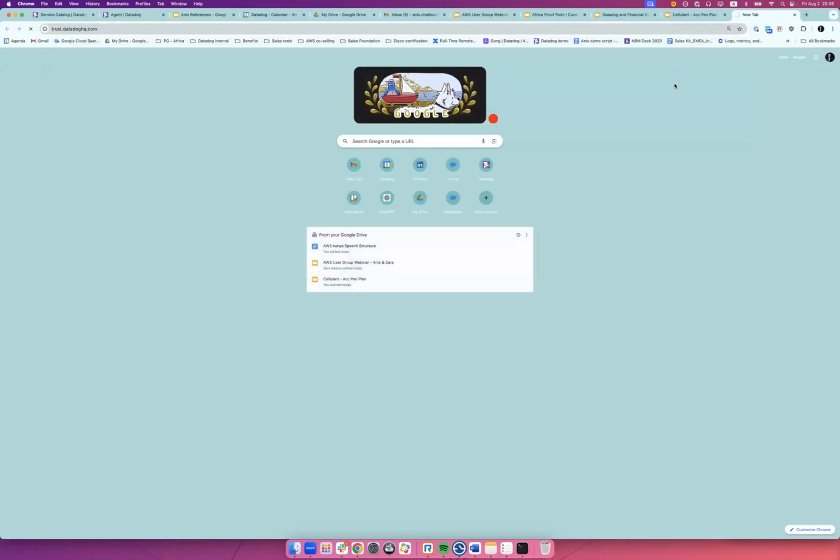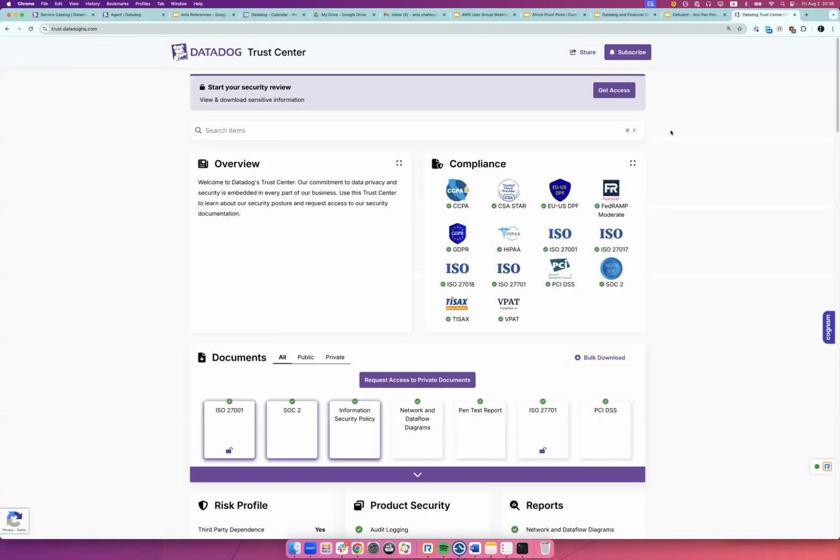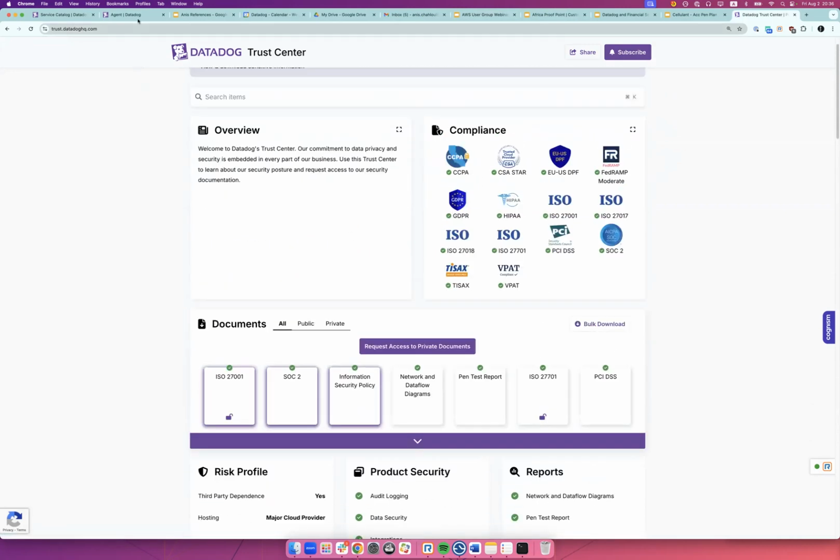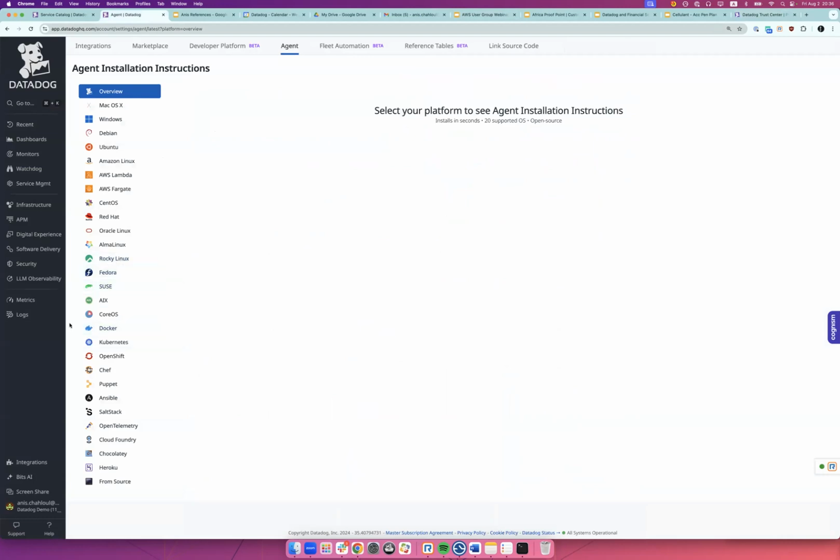I'm not going to do the very commercial answer, but think about it: we monitor a lot of financial services out there in the industry, so we made data sovereignty a priority. And by the way, the platform itself does security as well. Of course, we're going to be certified, with all kinds of certifications. If you're looking to further protect the data, you can also use the sensitive data scanner.